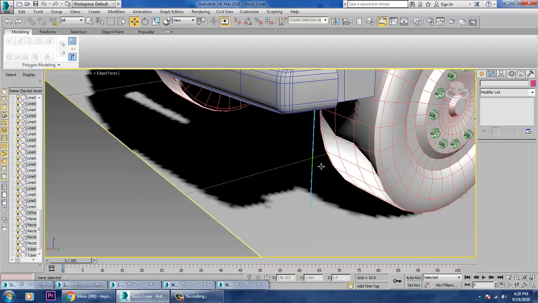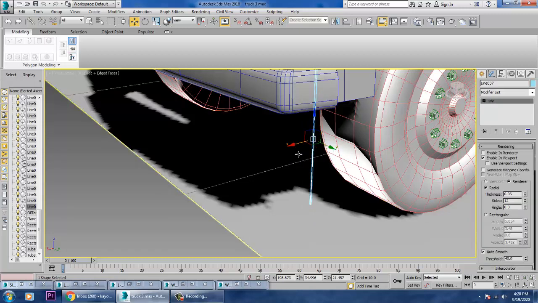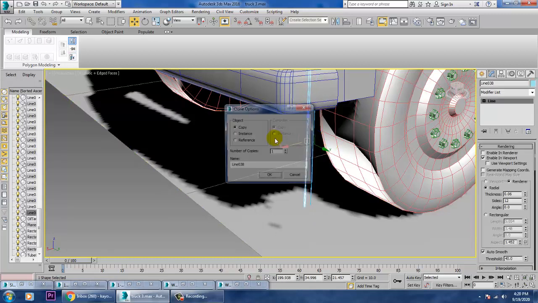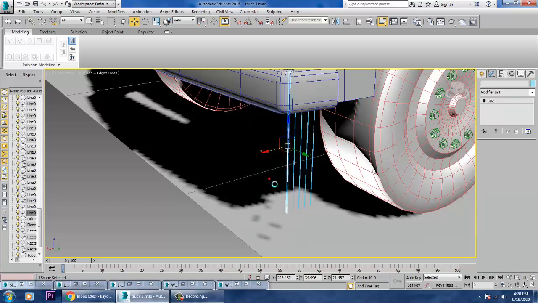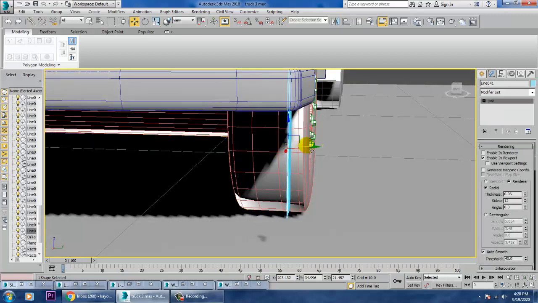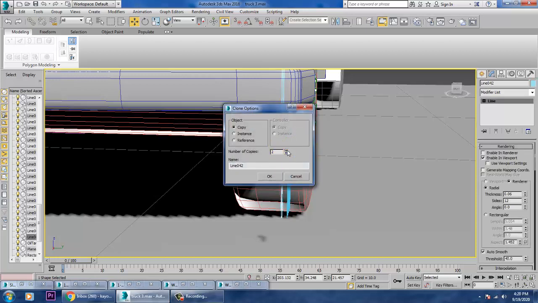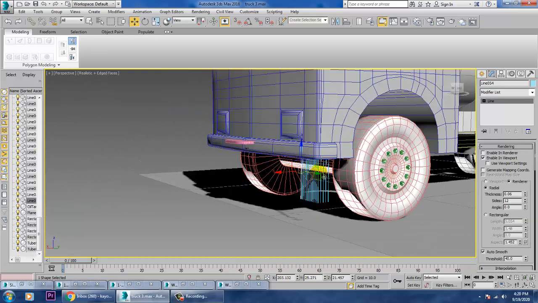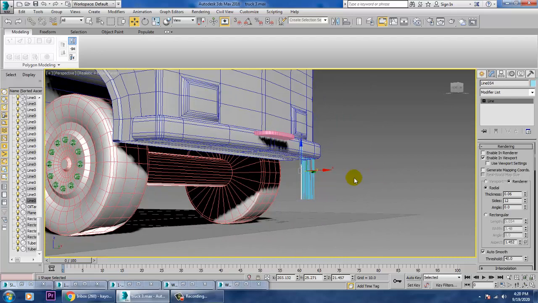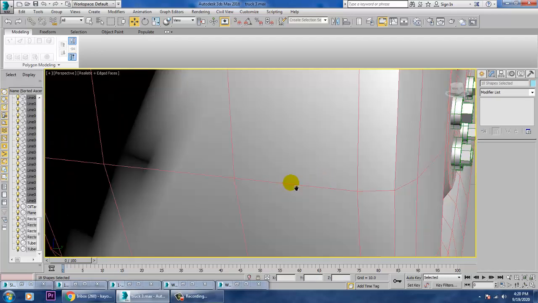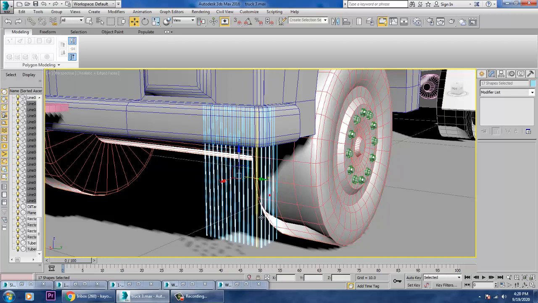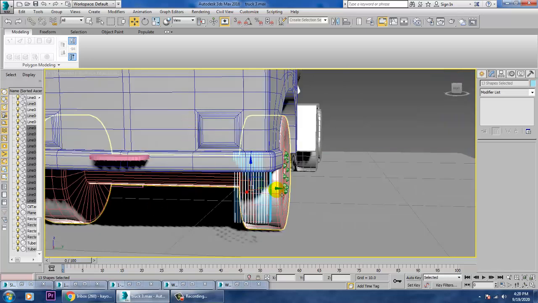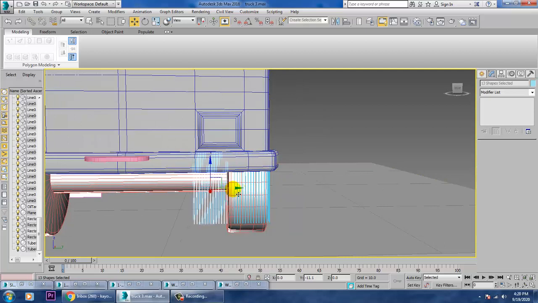So just select this, duplicate it, so just go on duplicating this stuff. So just go on duplicating this.